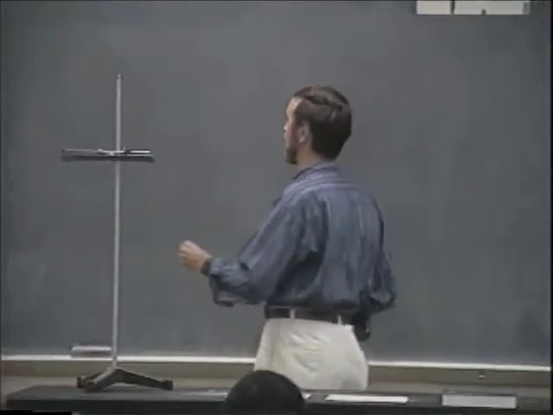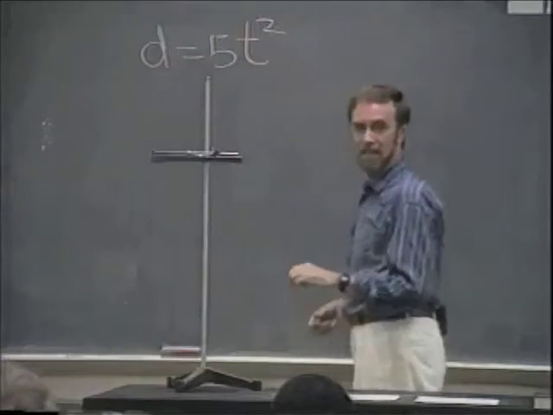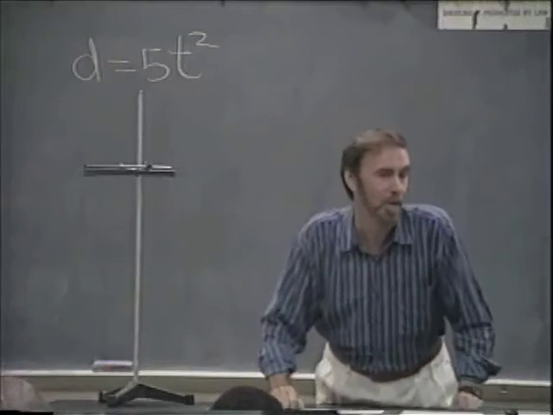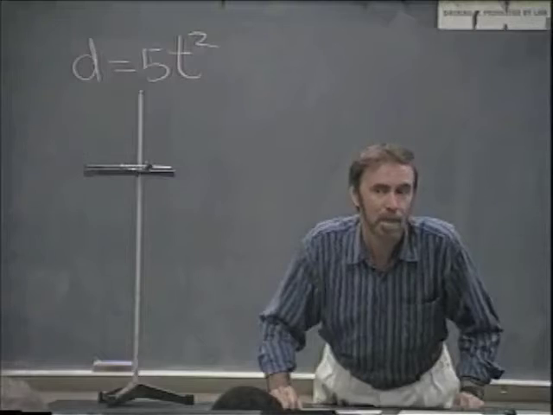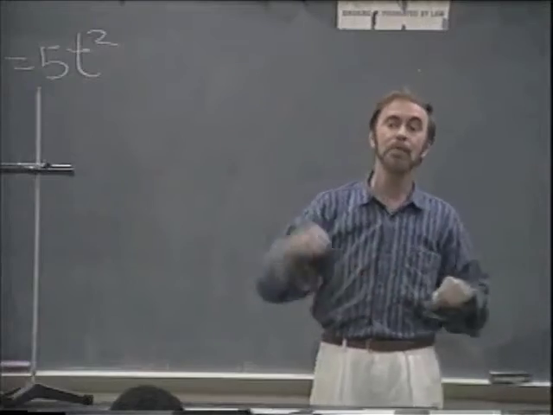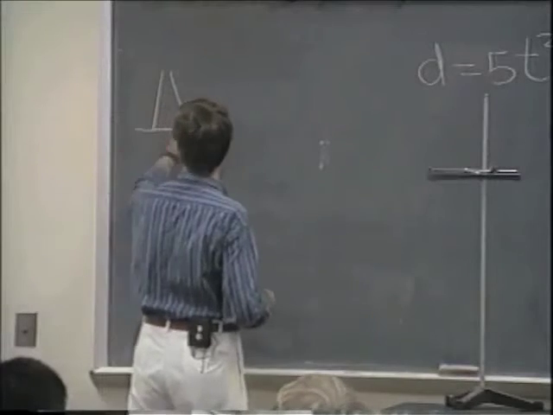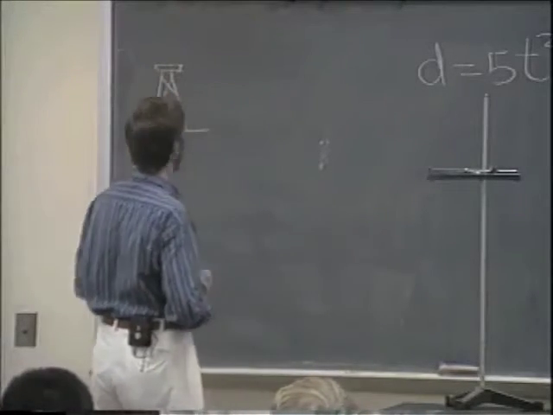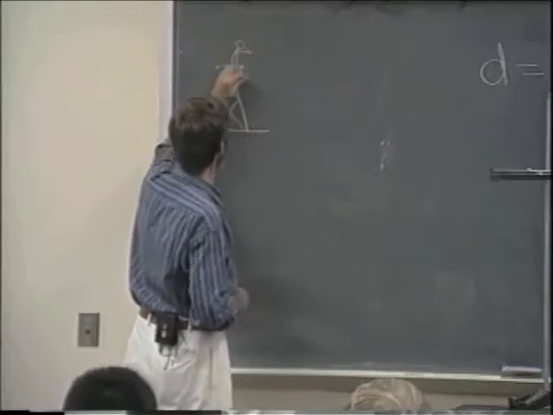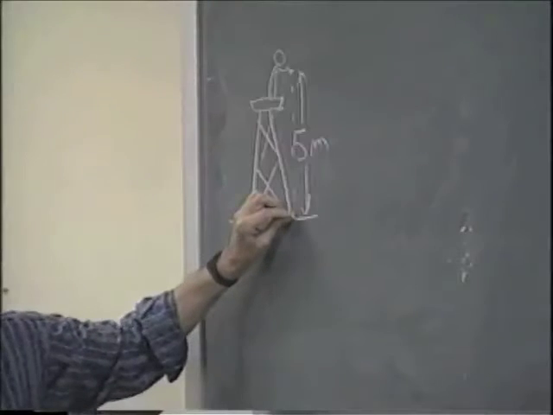Can I give you that relationship right here? 5t squared. Remember that? So in 1 second, how far will an object fall if you drop it? 5 meters. It'll fall 5 meters down. If you threw it straight out, would it continue straight out or would it fall below the straight out point? Let's suppose, for example, you got in a tower, and let's suppose it's 5 meters tall, where you are right here, and you just drop an object.